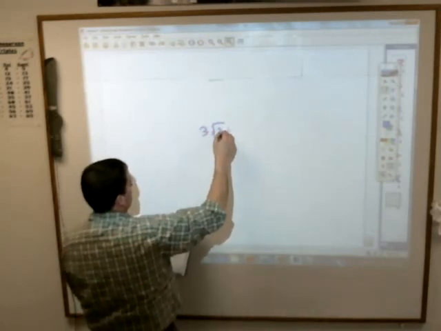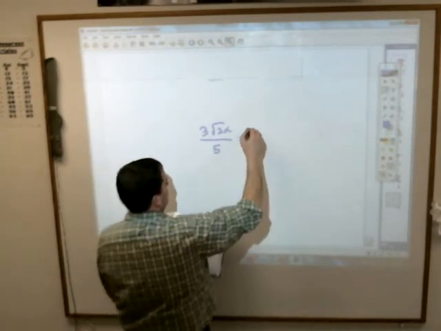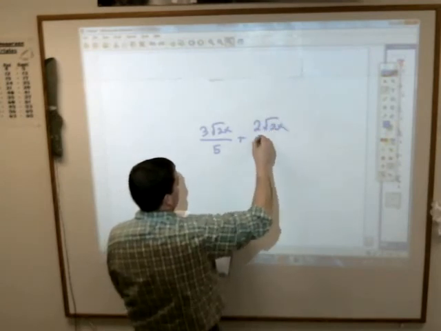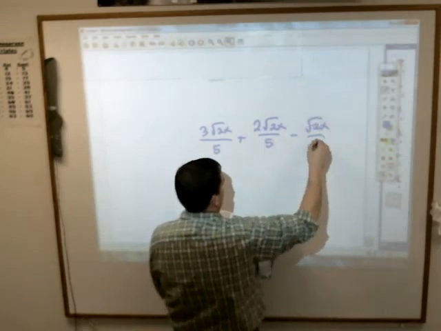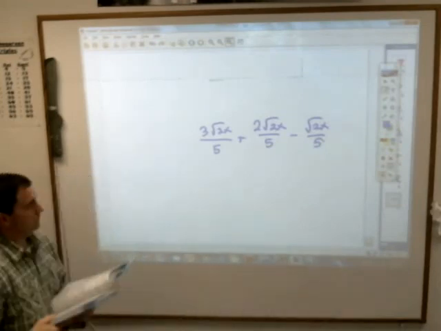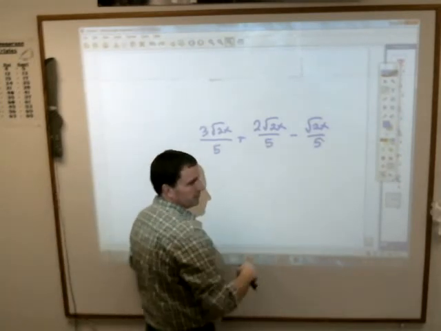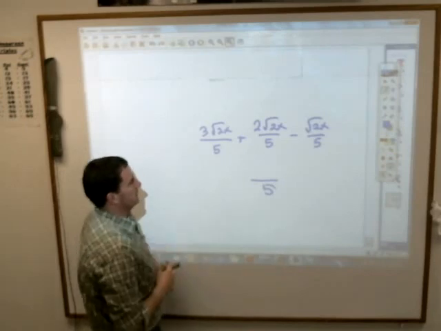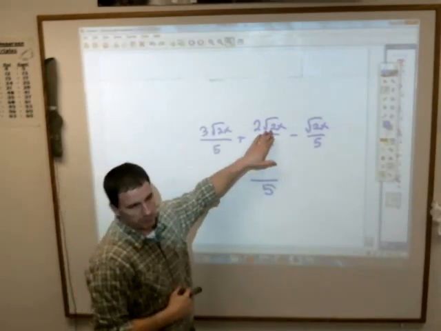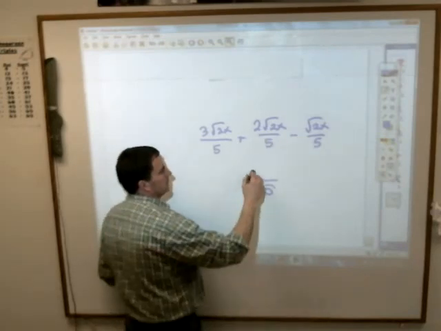3 times the square root of 2x over 5 plus 2 times the square root of 2x over 5 minus the square root of 2x over 5. Your thoughts on that? Can I do something with that? I can. They all have the same bottom number, so I can just add or subtract the tops. I know I'm going to get a 5 on the bottom because that's what happens with fractions. What is 3 times the square root of 2x plus 2 times the square root of 2x? 5. 5 times the square root of 2x minus 1 times the square root of 2x is 4 times the